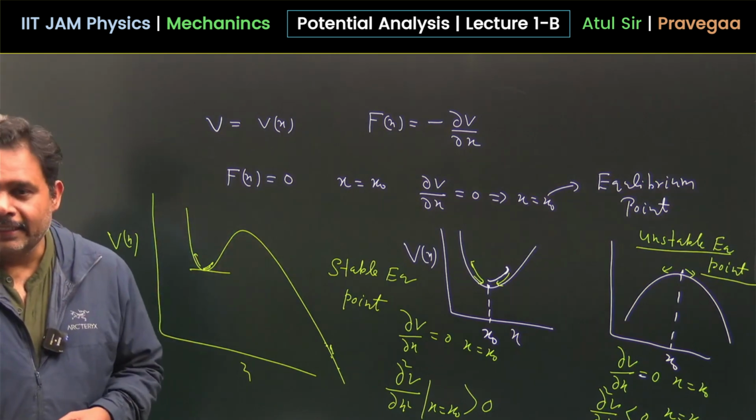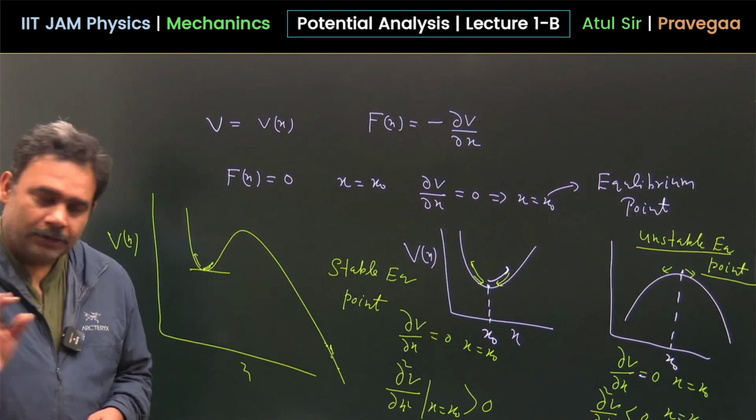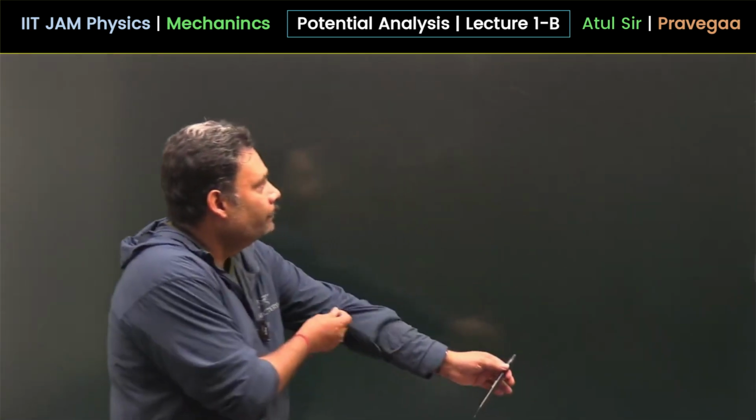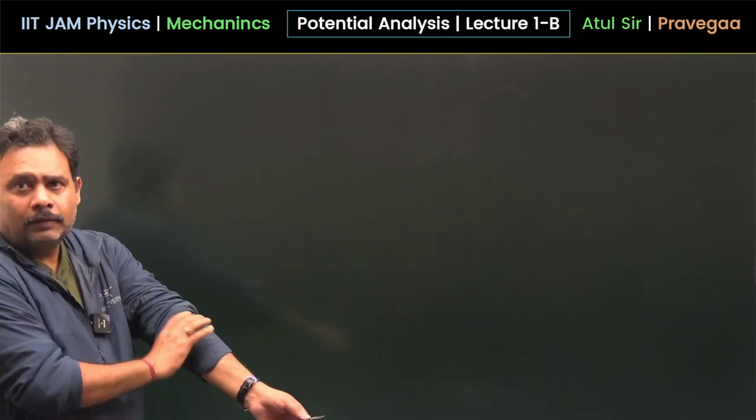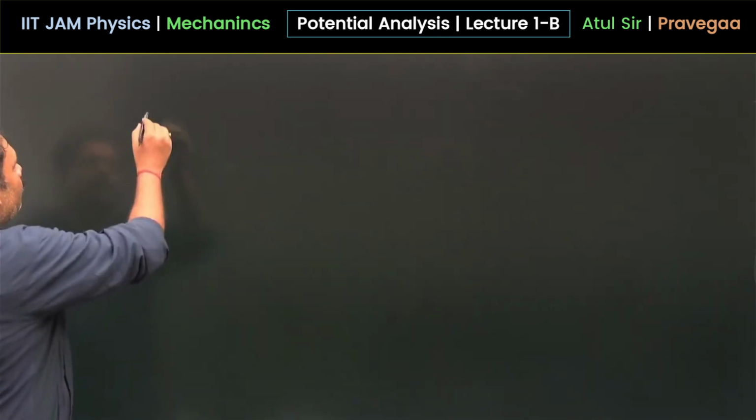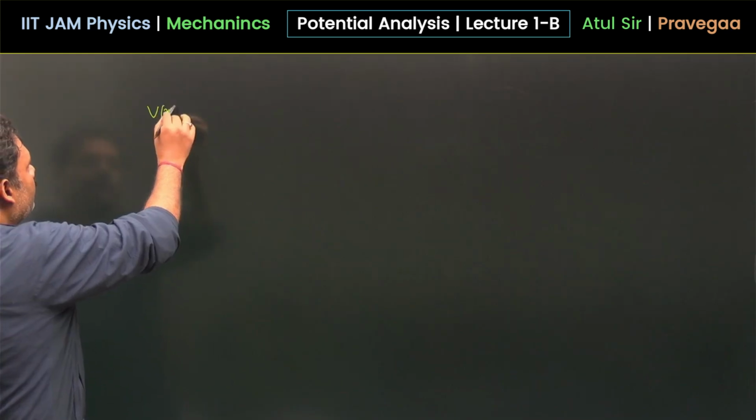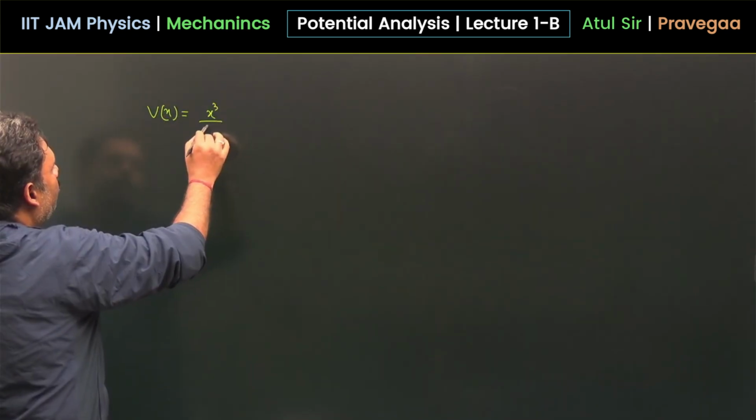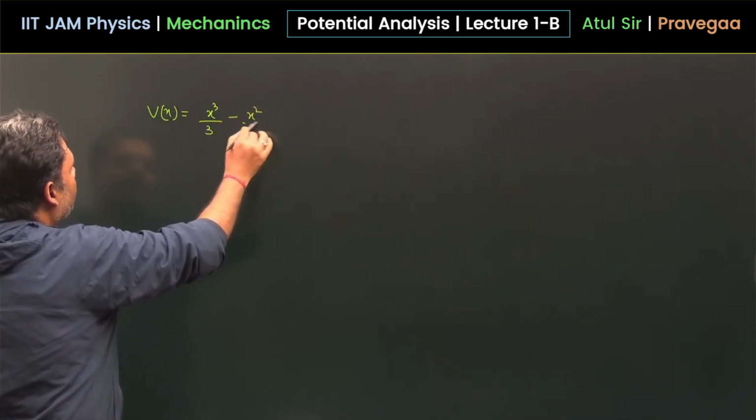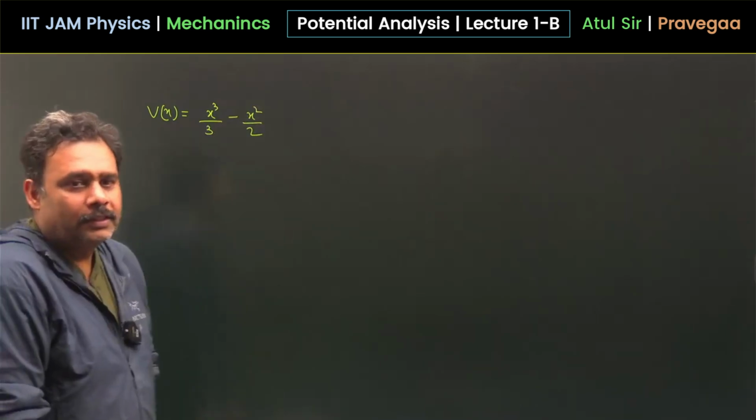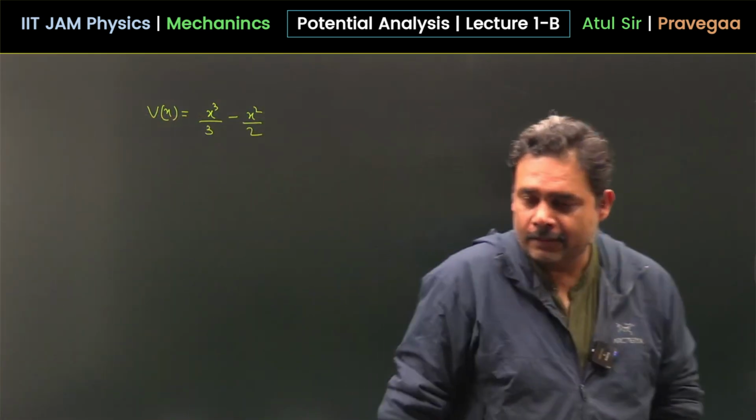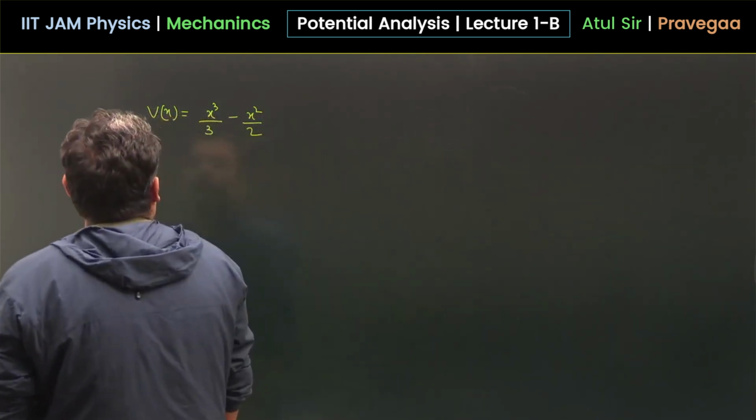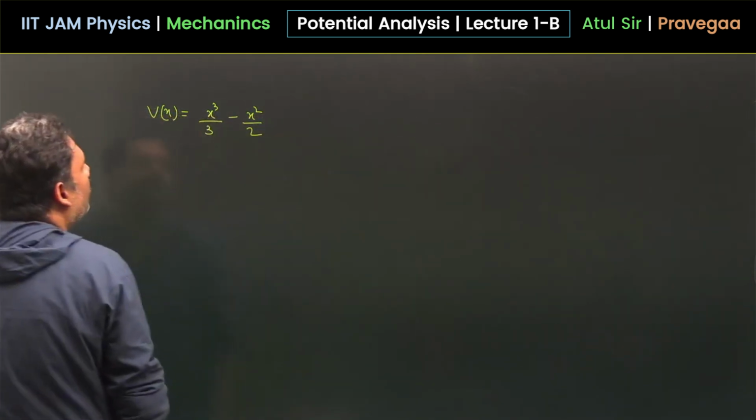हम लोग इसको कैसे discuss कर सकते हैं? Everything is okay? चलो. So let's shoot the problem. Suppose I have Vx is equal to x cube by 3 minus x square by 2. Suppose this is my potential. Vx is equal to x cube by 3 and, just a minute. X cube by 3 and